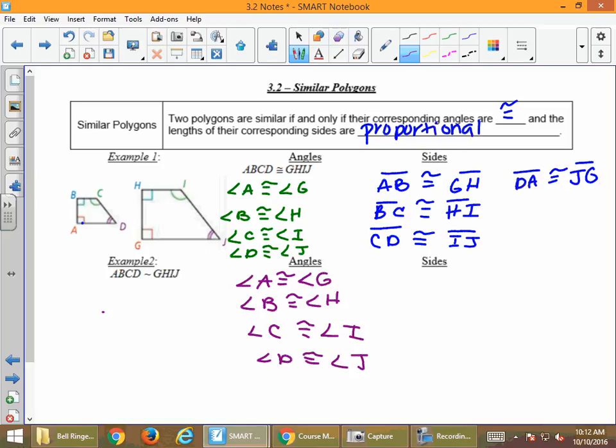Because they're similar, their angles are still congruent. That doesn't change. That does not change in similarity and congruence. The angles are always going to be the same in both. Questions over that? Angles still match up. What's different in the sides? What did we say about the sides in